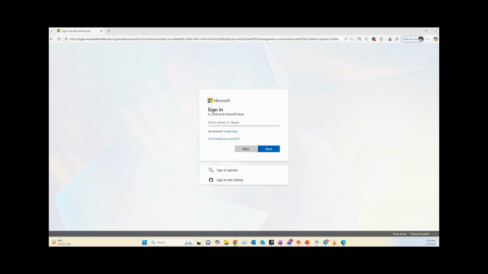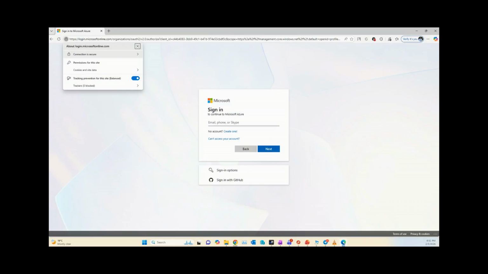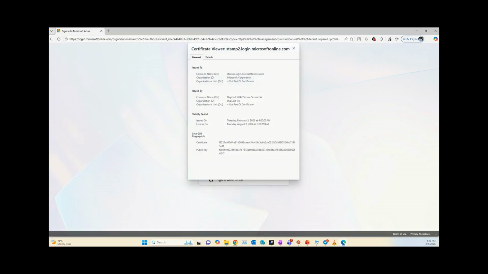I'm on this website, and if I click on this lock icon next to the URL, you see SSL certificate. What this certificate does is simple. It makes sure the data traveling between your browser and this website is encrypted. So if I log in, enter a password, or submit personal data, nobody sitting on the network can read it. That's confidentiality in action, protecting data from unauthorized people.